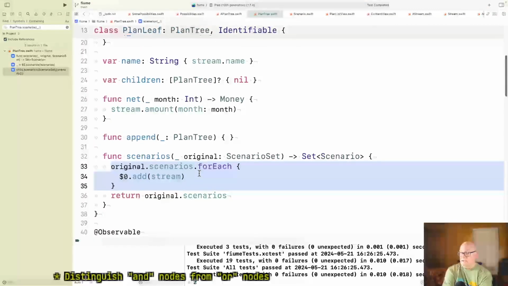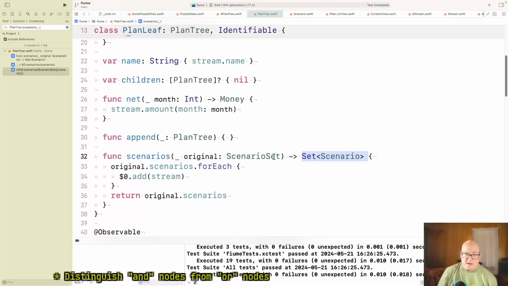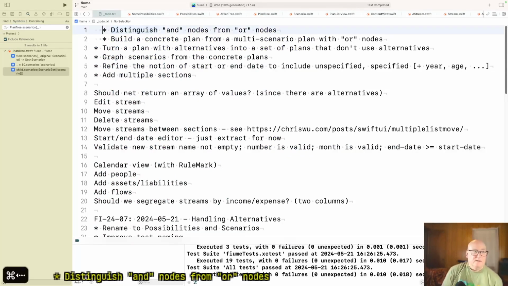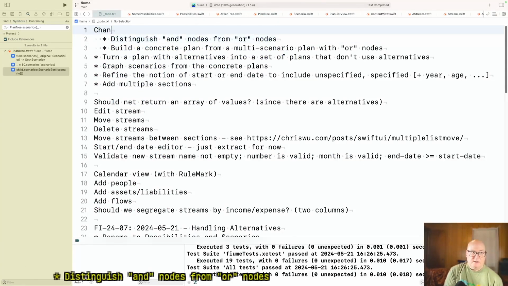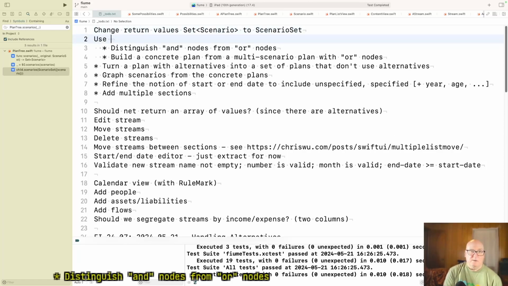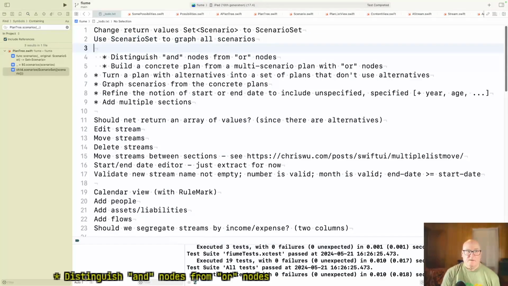And that should be good. So yeah, I think tomorrow we'll change these return values, set of scenario, to scenario set, and use scenario set to graph all scenarios. Okay, so that's kind of where we're going tomorrow.